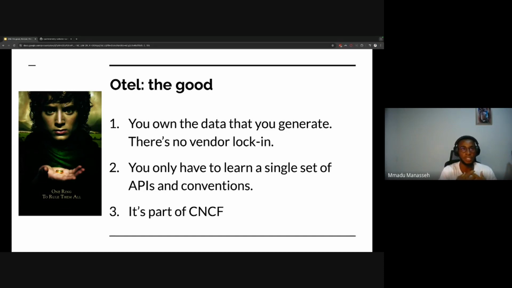So let me give you an instance. Once upon a time, while we were at Zapier, we were experimenting with new monitoring solutions, right? Internally at Zapier, we use Datadog and Prometheus for our metrics. But at that point, people wanted to experiment with Honeycomb. They wanted to check out what they could do with Honeycomb because they said Honeycomb provides some extra features that Datadog doesn't.